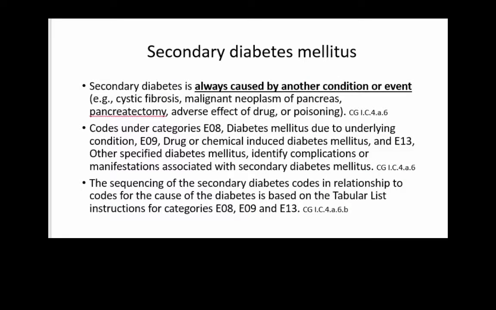Let's talk for a bit about secondary diabetes. Secondary diabetes is always caused by another condition or an event. Examples are cystic fibrosis, cancer of the pancreas, a pancreatectomy, or in other words, the removal of the pancreas, or an adverse effect of a drug, or poisoning. As a reminder, adverse effect means the patient has taken the medication in the prescribed dose, in the prescribed manner, and still had an adverse effect. A poisoning is if the patient has taken too much of a medication or more than was prescribed by the